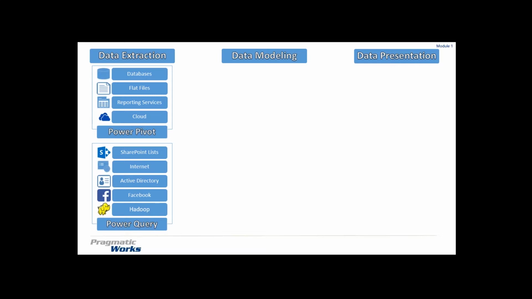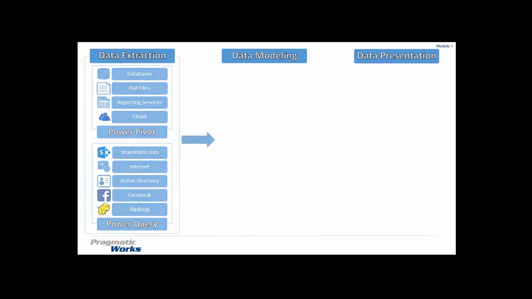Active Directory, Facebook, your social media connectors there as well, and support connecting to your Hadoop cluster, whether that's local on-prem or whether that's in the cloud through one of the cloud providers there as well. This is by no means a complete list of all different sources that you can connect to, but it kind of just shows you the versatility of the tool there and all the different things that we can connect to.